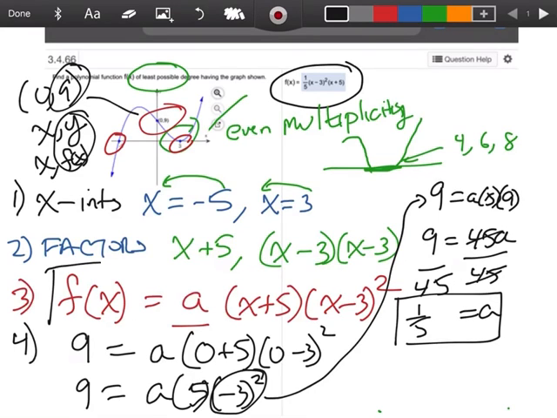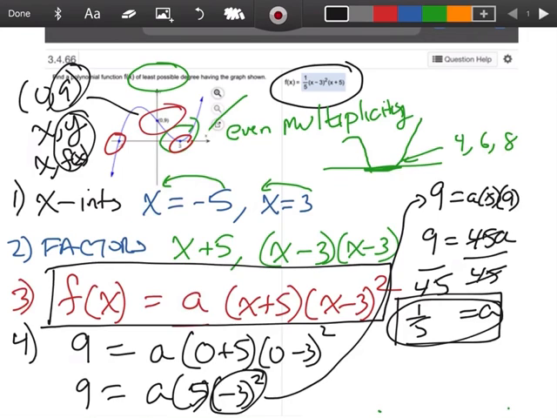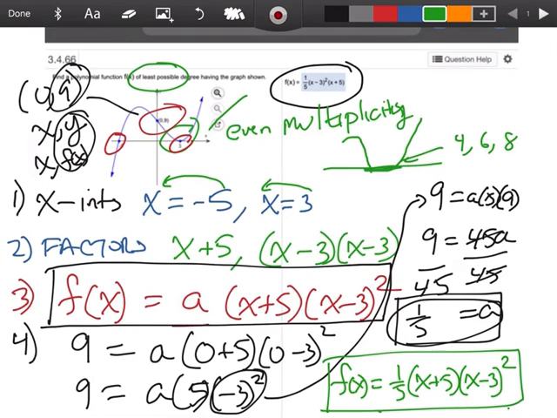So now all I'm going to do is I'm going to come back to this equation here, and everywhere I have the letter a, I'm going to replace it with a 1/5. So we're going to write f of x equals 1/5 x plus 5 times x minus 3 squared. And when I look at this and I look at the